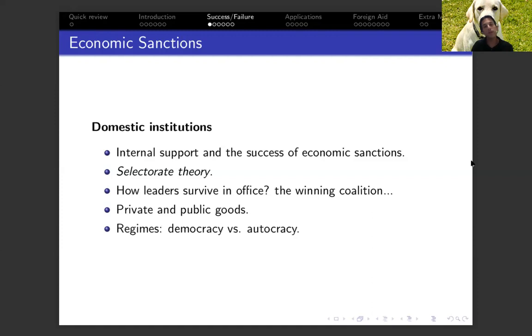So the electorate in the United States are all the American citizens that can vote and decide whether the president will win the elections in a month and a half or not win the election. This is the electorate. The winning coalition is this part of the American citizens, which if they will vote for the sitting president, he will win the elections and will stay in office.